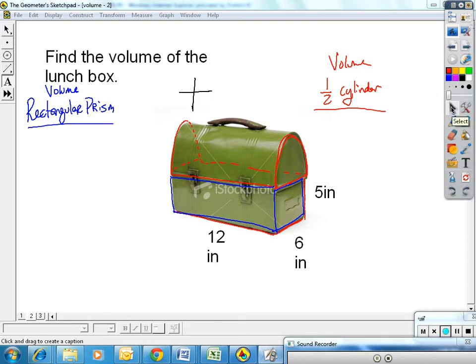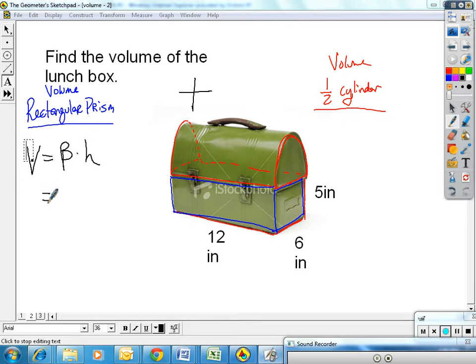The volume of the lunchbox is the most important part. That's where all the food is kept. So let's take one at a time. Let's start with the rectangular prism. The big key for these problems this chapter is to show your work. So the volume equals area of the base